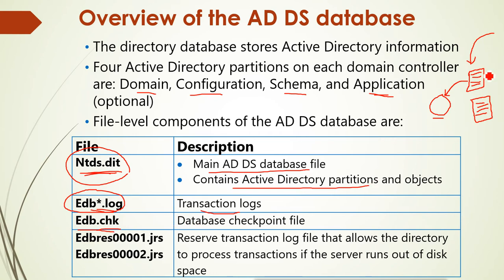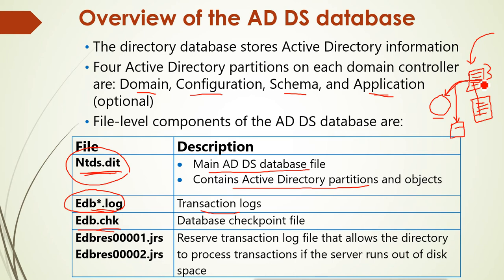When the data is written into the log file, the checkpoint file contains the information on how much data is written into the database and how much data is still waiting in the log file. The log file is written from here to here, and after that it is written into the database. So the checkpoint file keeps the information that the log file has written the data into the database till here, and after that this information is not yet written into the database. So it is a checkpoint that the log files are written into the database.